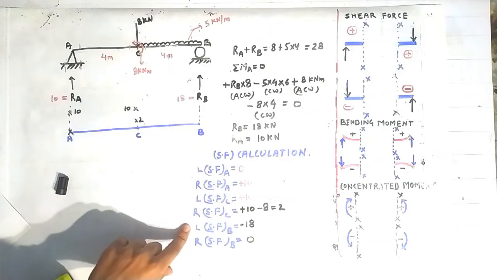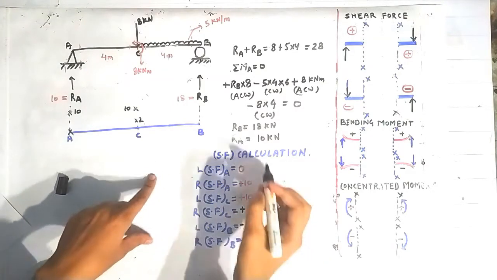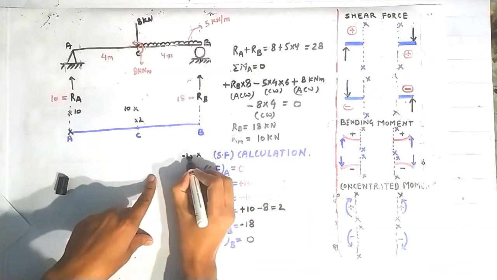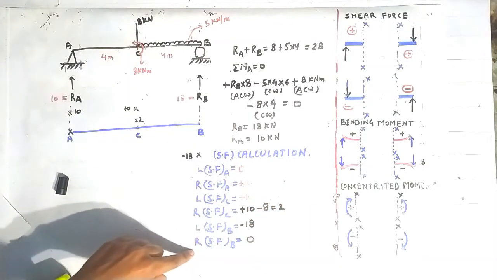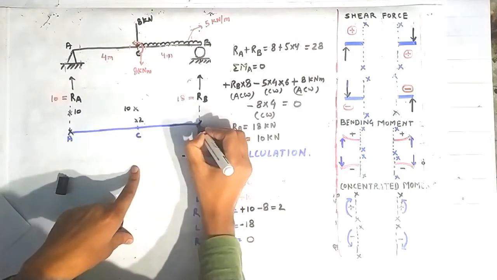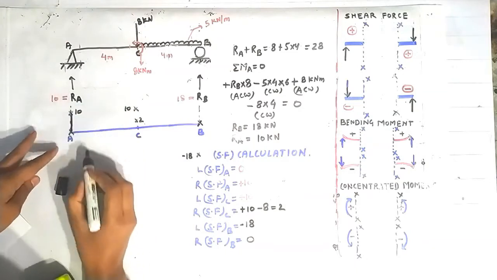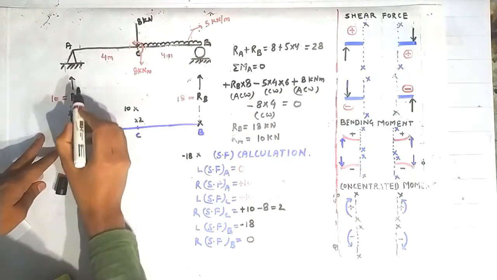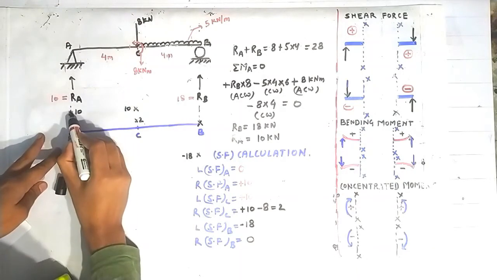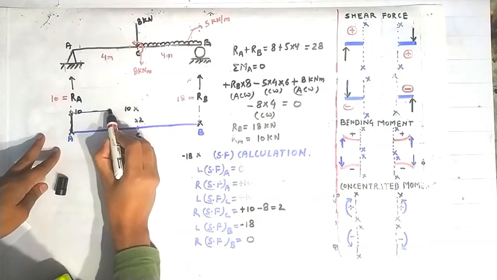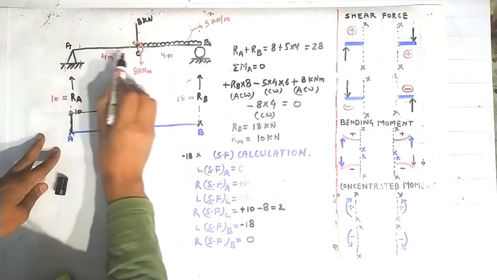And shear force on the left side of the point B is minus 18. So on the left side it is going to minus 18, lying somewhere here below the point B, and shear force on the right side of the point B is 0, so 0 lies somewhere here. So joining the first point with the second point with a vertical line, because there is a reaction acting at the point A, and joining the second point with the third point with a straight horizontal line, because there is no load between the point A and C,